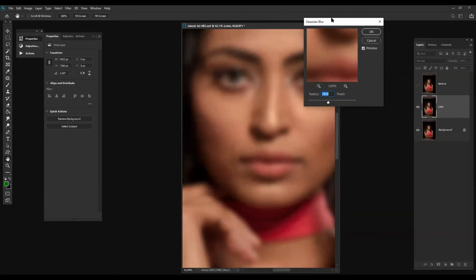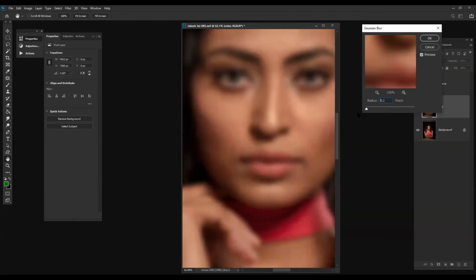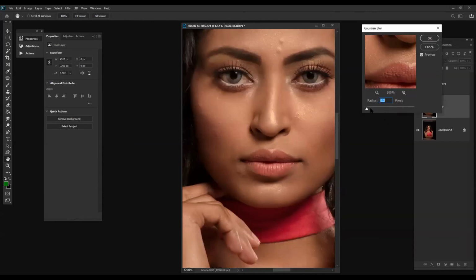Whenever you are doing frequency separation, remember one thing: whenever you blur out the image, you have to see the quality of the image and the texture of the image, and whether it's a portrait shot, a full length shot, or a mid length shot, and do the blurring accordingly.